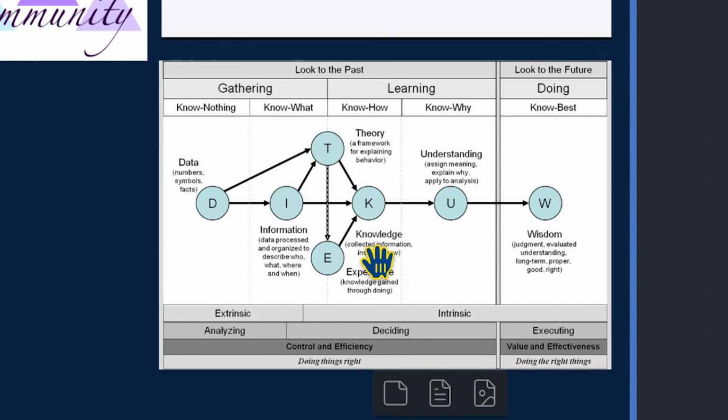As we go through and look at that knowledge, we can process it and we can begin to generate other understanding. We can derive insights on how it's actually applicable to our own lives. And then we can use that applicable knowledge to produce wisdom, which is where we actually try to apply that knowledge to the future so that we can do what works best for us. You can see here it's also split again into extrinsic and intrinsic. So the data and the information comes from external sources, but the knowledge and understanding is from an internal source. And then we apply that through wisdom, which becomes an extrinsic source for someone else.